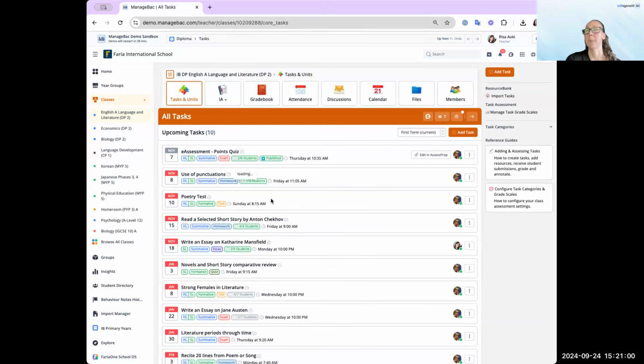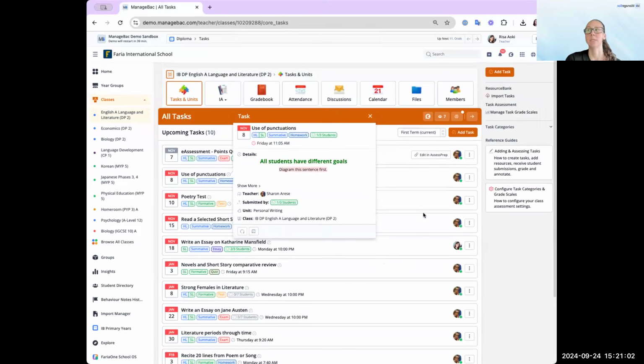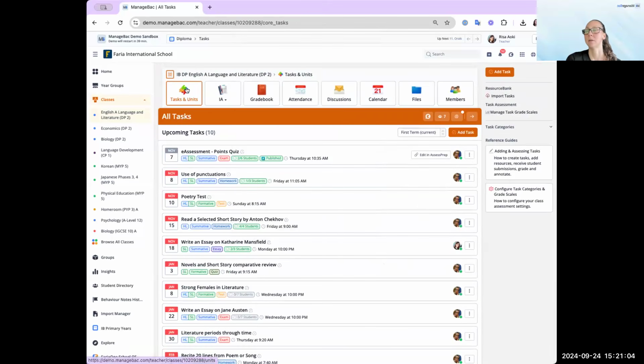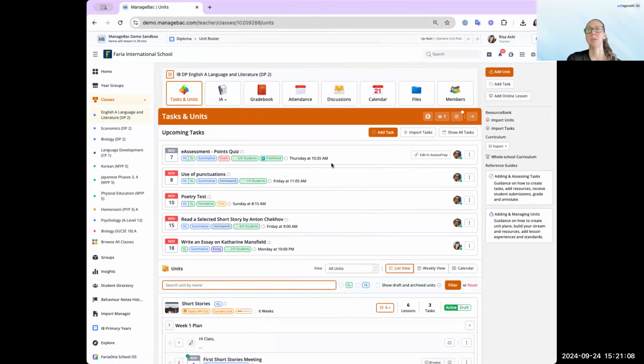And in here, once you create it, you will see the full list of tasks that you have for this class. If we go back into the tasks and units page, just to let you know, the tasks are going to be linked to the subject and grade level for this class, and you can reuse your tasks year after year if you want to, and you can import the tasks for that purpose,